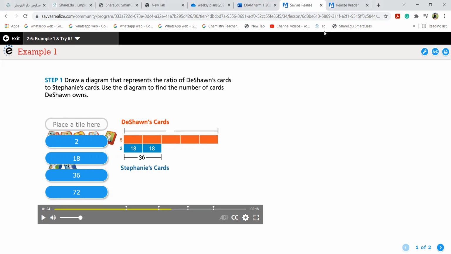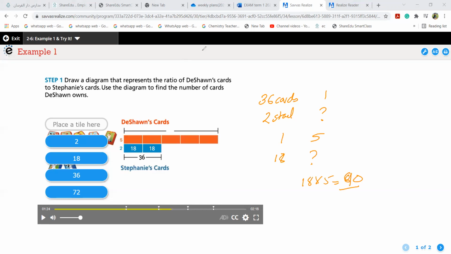So now can you decide how many Deshaun has? Same way as the example. First of all, you found how many one stack has. How did you find that? When 36 cards are present in 2 stacks, so one is how much? Listen to it very carefully. 36 cards, so 1 is 18. 1 is 18, so 5 is how much? Because I want to find Deshaun's cards. It's 18 times 5,